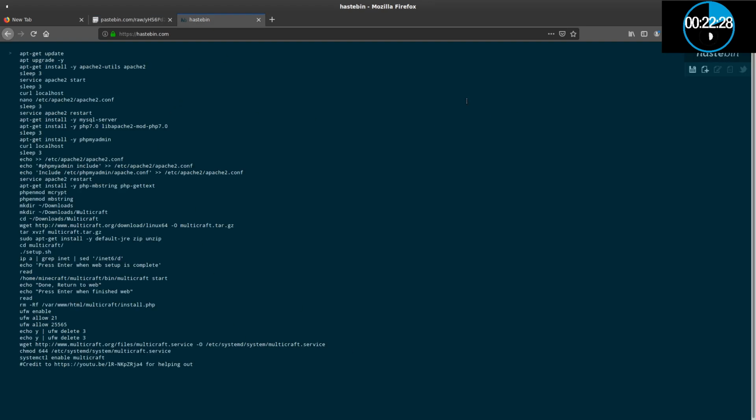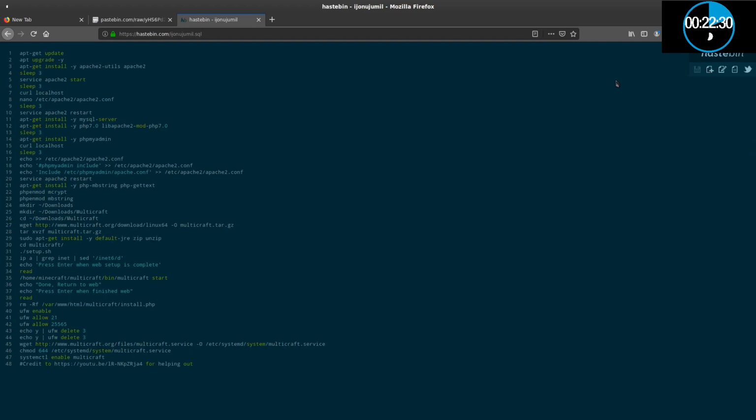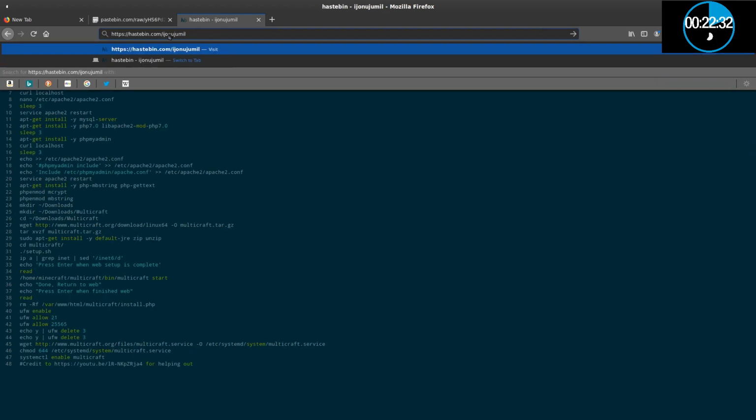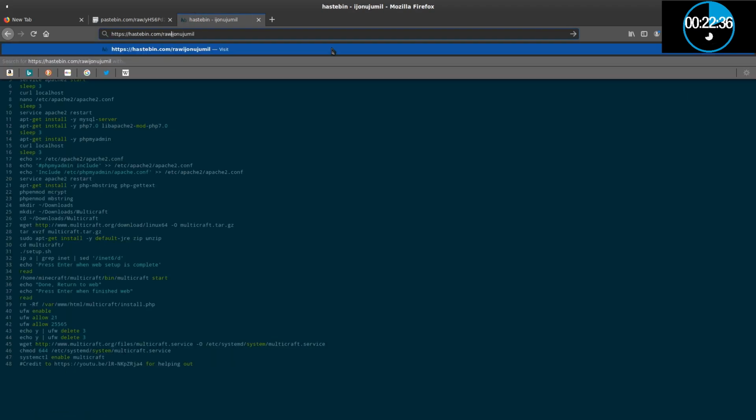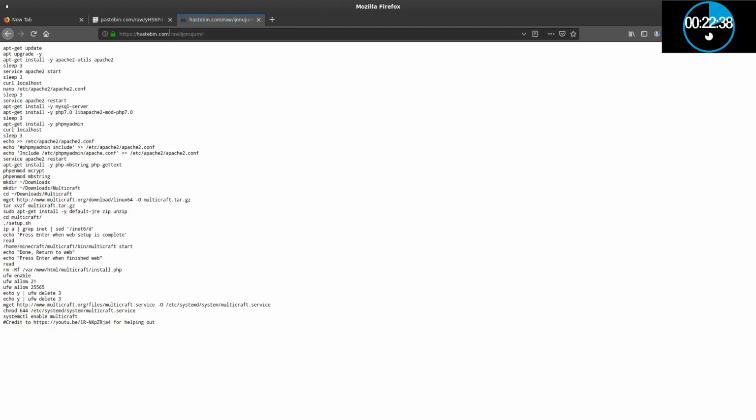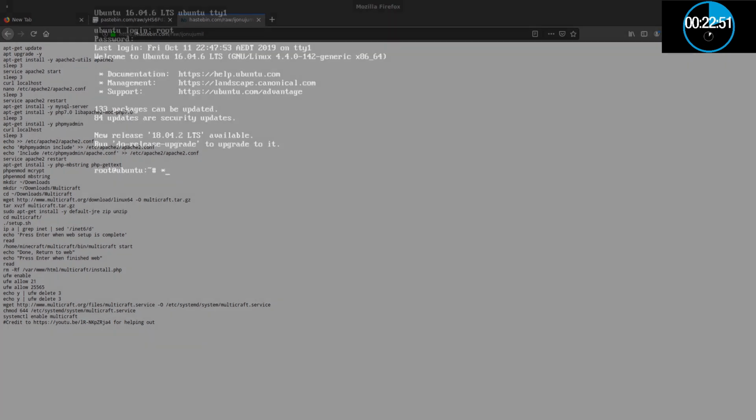So I paste this into hastebin, and then I save it. And then I remember this link here, so I get rid of the end, and I bring it up into raw, so hastebin /raw/ whatever this is. The thing is, I have to keep it in pastebin and move it over to hastebin because hastebin only lasts for 1 hour. So from the main screen again,